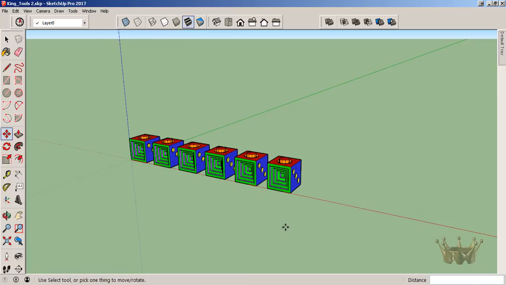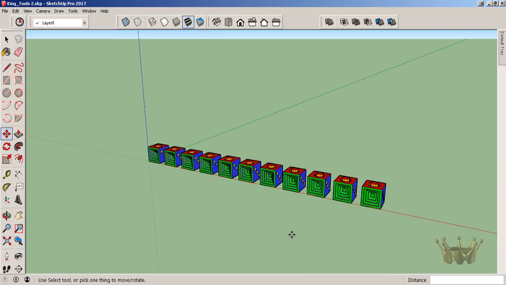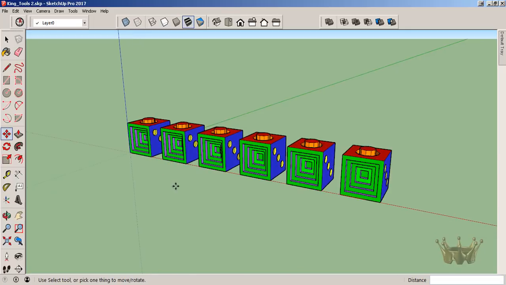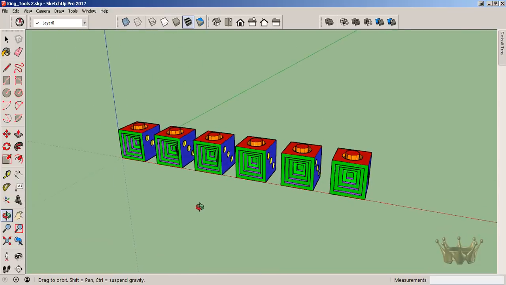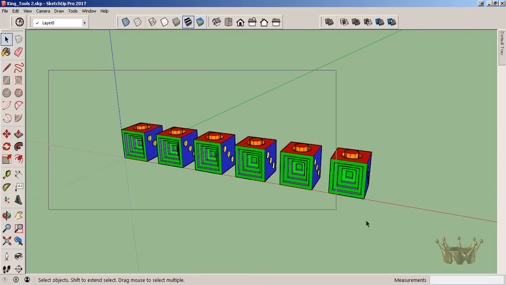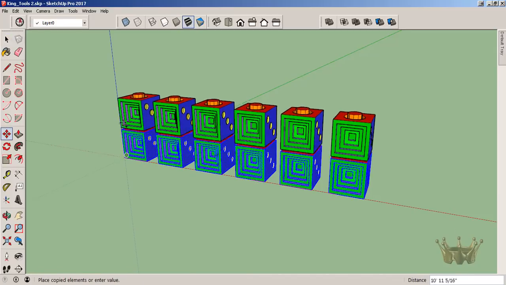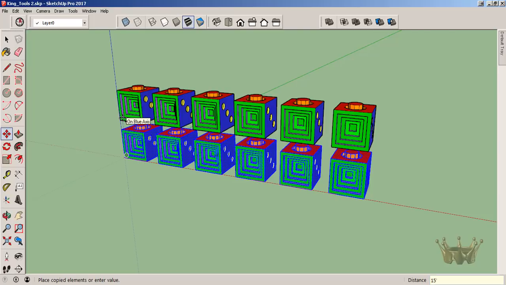Now the tool is still active. So if I press X10, I can change the number again, giving me as many of these as I want. Don't put too many in there or your program will freeze because it's a lot of information to be crunching. There's X5, and I can continue to make as many of these as I want, which is nice if you need to copy multiple objects multiple times, moving any way, again up 15 feet,